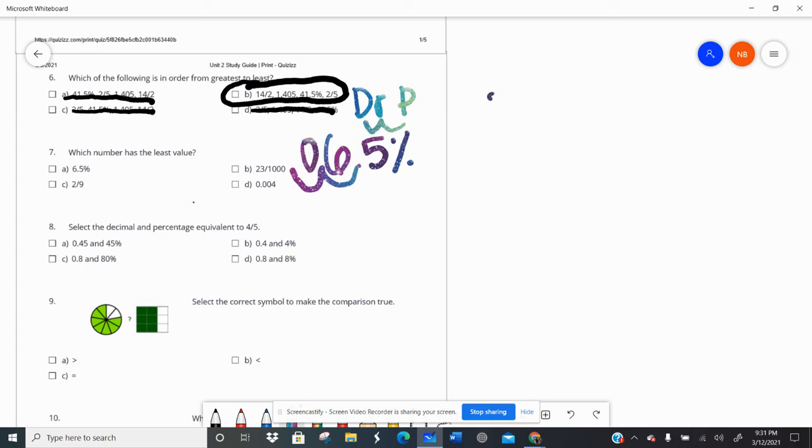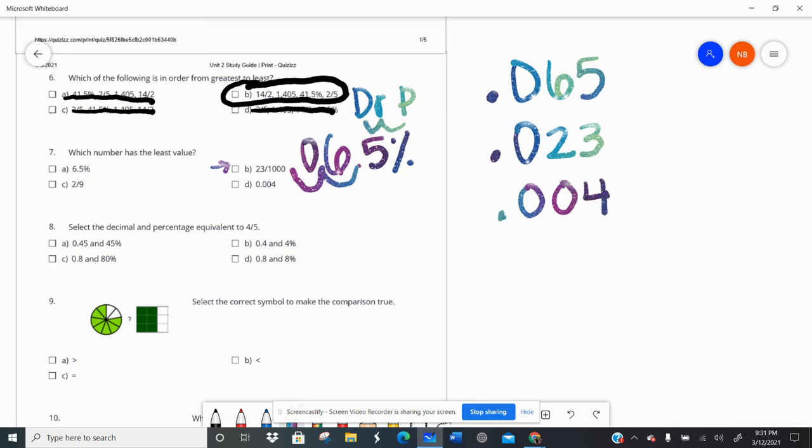Put that 0 placeholder there. I have 0.065 or 65 thousandths. 23 thousandths, this B, 23 over 1,000, means I need to end in the thousands place. So 0.023. 4 thousandths,